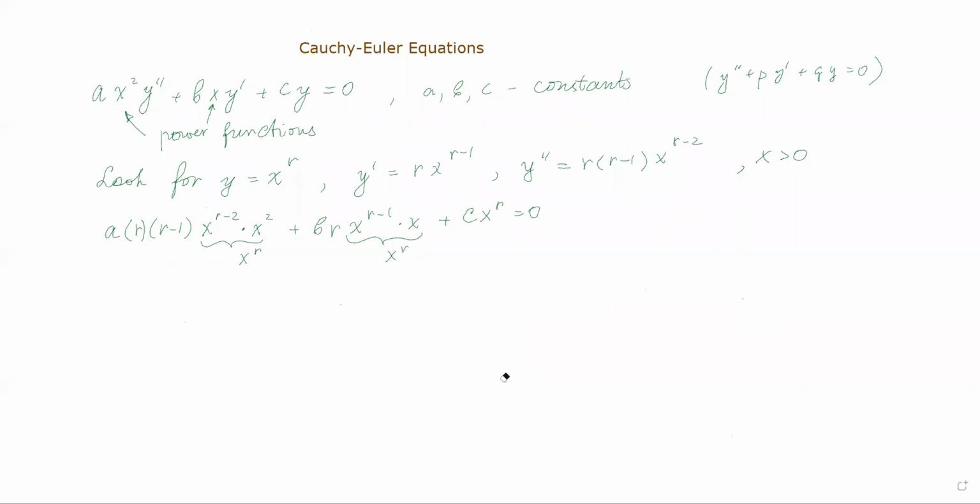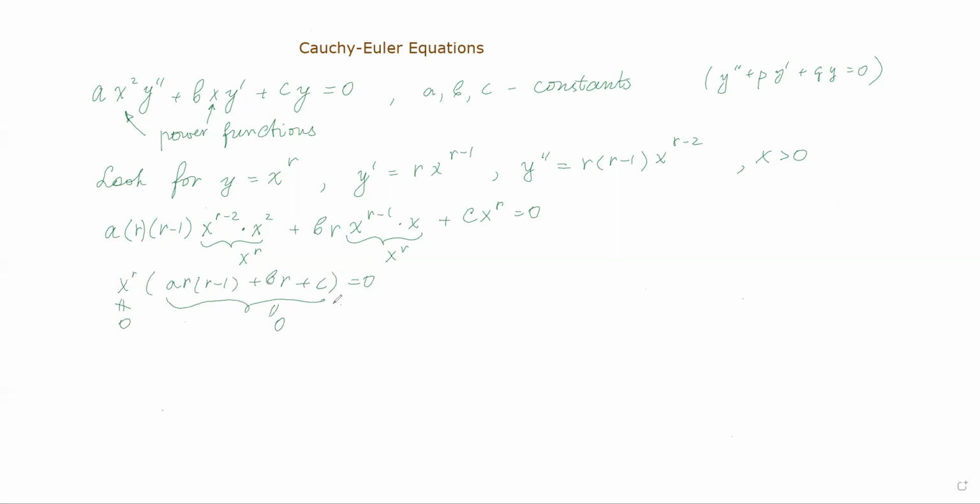Okay. So now what we can do, we can use our standard approach, take x to the power of r outside and have a r minus 1 plus b r plus c equals to 0. Because we are searching for non-trivial solution, non-trivial not equal to 0 everywhere. Then we're supposed to have this factor equals to 0, because if this is not equal to 0, then this one is going to be equal to 0. Otherwise, we are not going to make up 0.